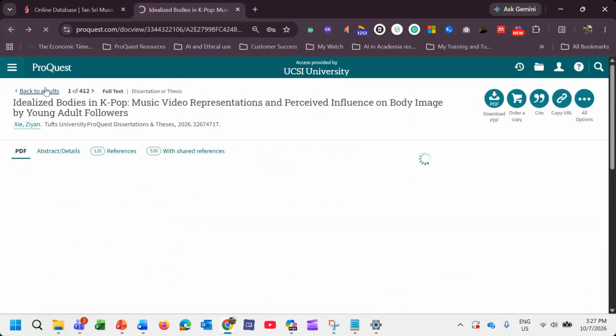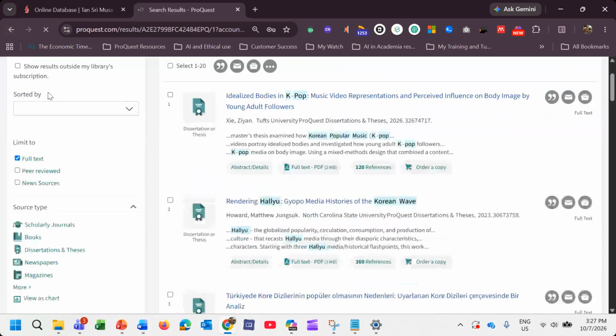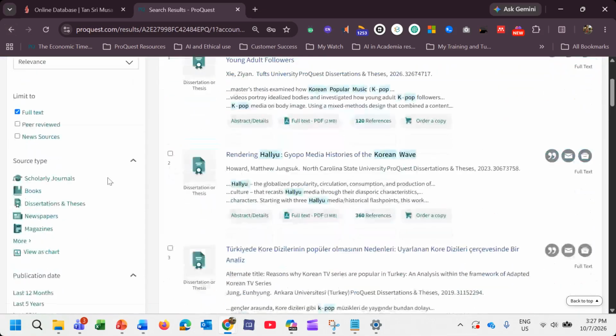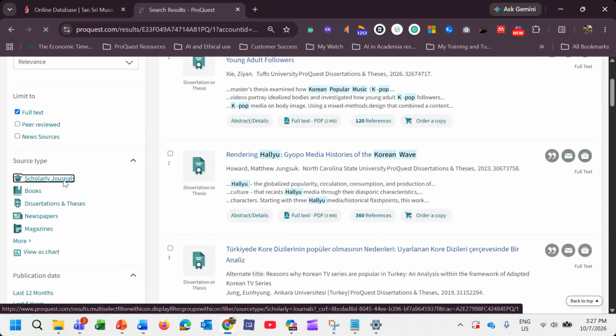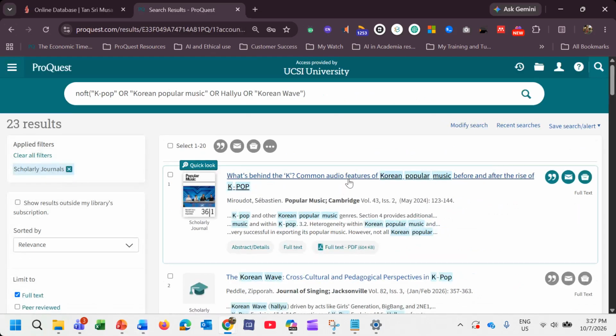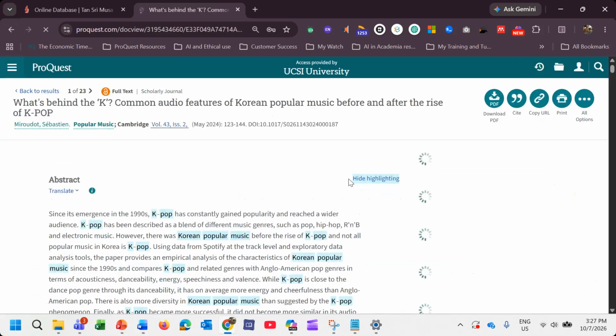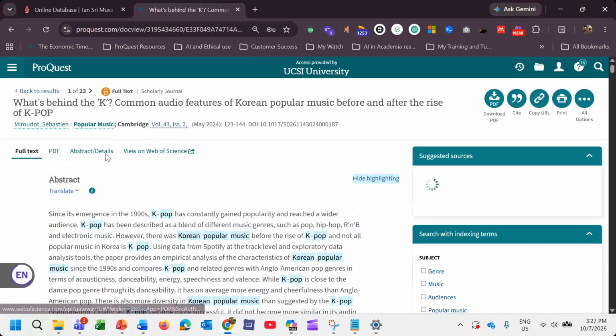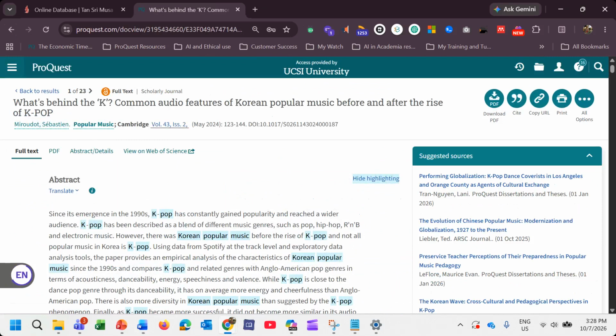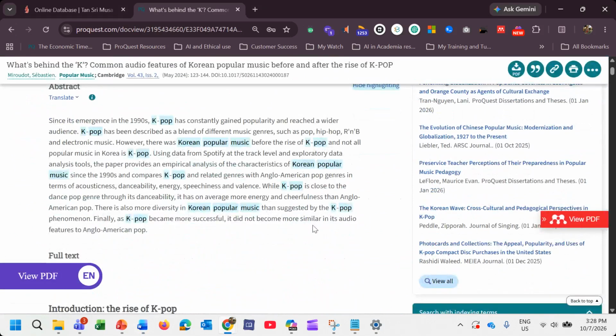So for the dissertation and thesis, you will be seeing the research assistant. But for the scholarly papers within the music periodical, if you don't see, remember I told you to download and take it to your own generative AI tools to study on that, to understand the paper more effectively.